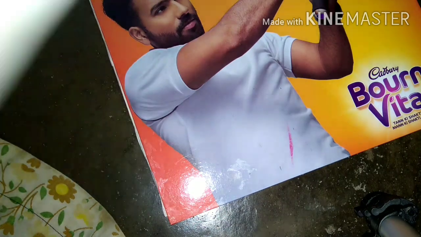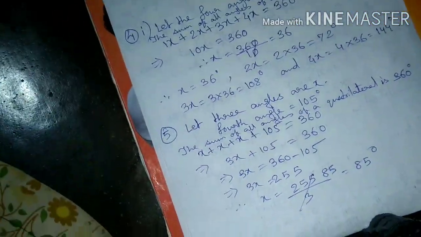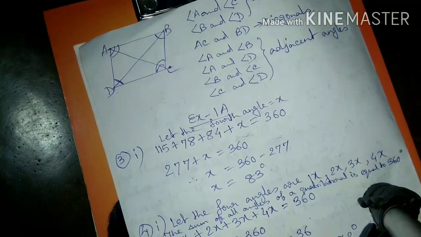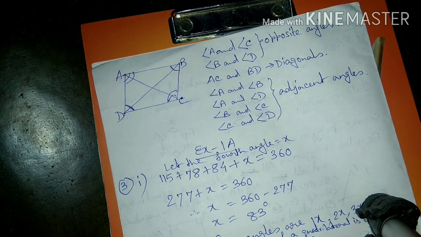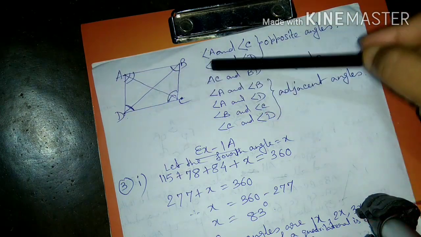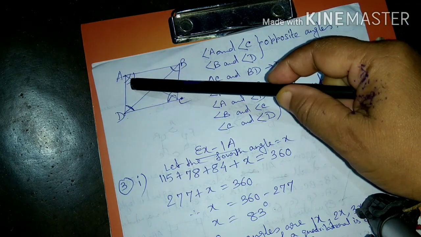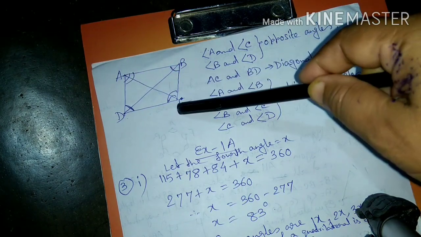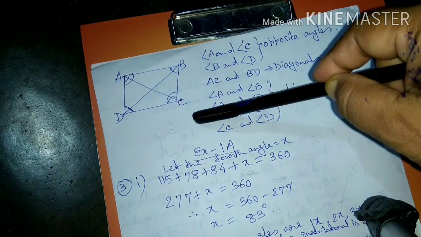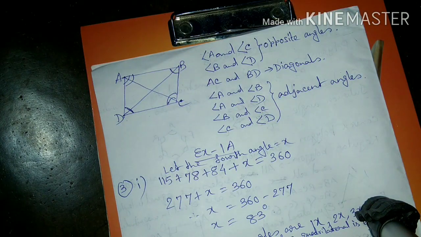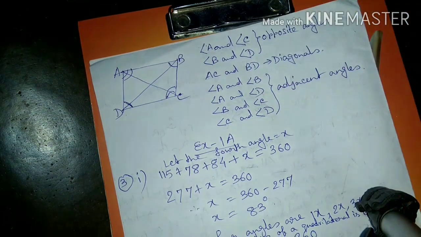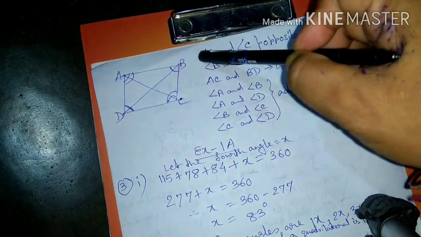Similarly, just as there are opposite sides and adjacent sides, there are opposite angles and adjacent angles also. How? You see once again. Which are opposite angles? Now you see in this quadrilateral, opposite angles: angle A, angle C. These two are opposite. Yes or no? Angle B, angle D. These two are opposite. So which are called vertices? These points are called the vertices.